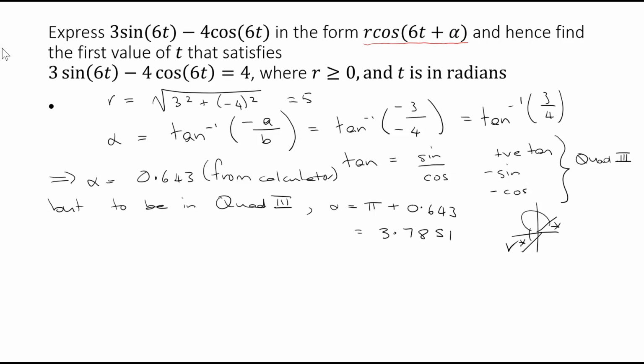Now, we can rewrite y, or our function, as y equals 5 cos 6t plus alpha, and the appropriate alpha is what we've just found. The question now says solve that